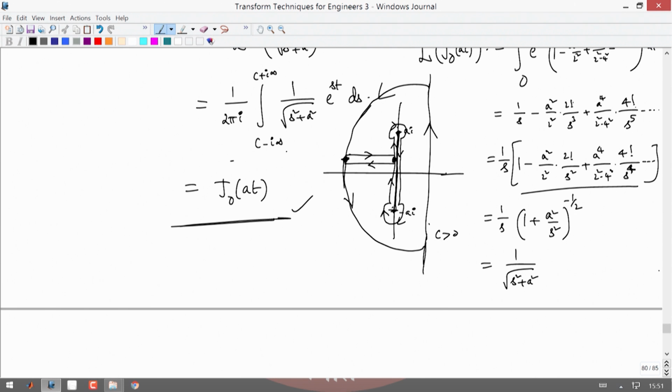If you are given any second order linear ODE with variable coefficients with t or t square, you can apply the Laplace transform and use similar procedures, try to get the inverse, and apply the initial conditions whatever is required. Somewhere you use the initial value theorem or final value theorem, any one of them, to get any arbitrary constants involved in your solution. I will try to do one more example on how to use the initial value theorem in solving a second order linear differential equation with initial conditions. Along with other applications, for example, we will move on to solve partial differential